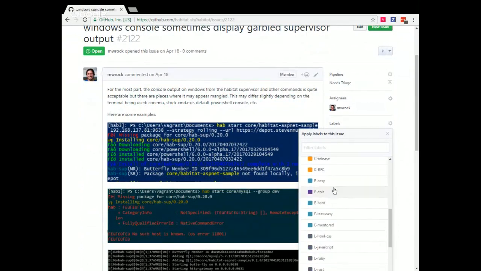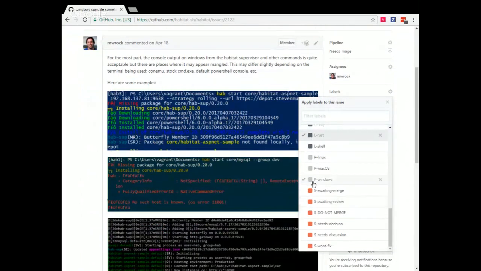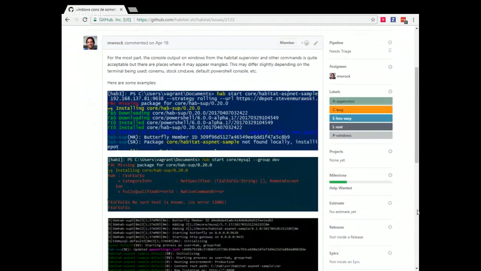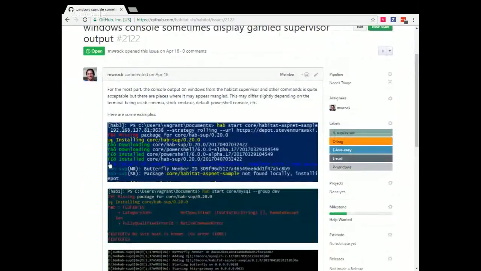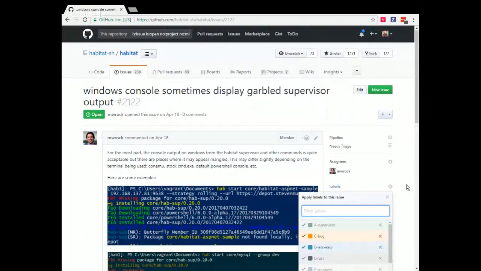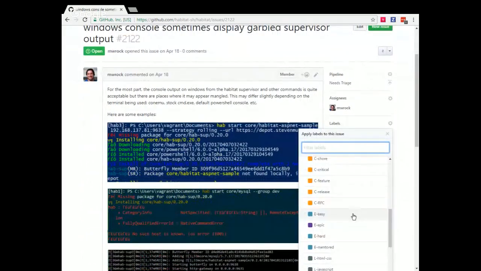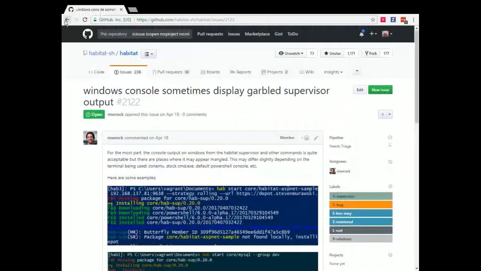It's a bug. I have no idea how much work is going to be involved in that, because my Windows skills are pretty weak. I'm going to flag it for less easy for now. There will definitely be Rust involved in that, and this only affects Windows currently. So anybody who's interested in tackling that, that might be a good thing if you're a Windows user who wants to get into the code base. This is probably something that Matt might be able to help with, and if not Matt, the other core team members might be able to help with. It might be a good thing to do a little bit of mentoring on, so I'm going to flag it with mentored as well.